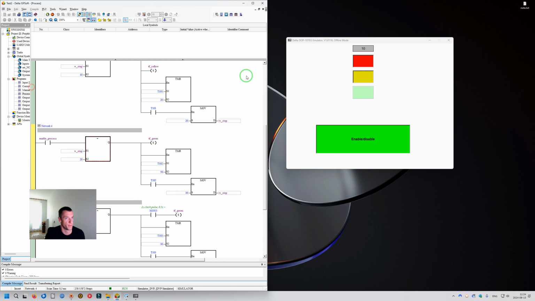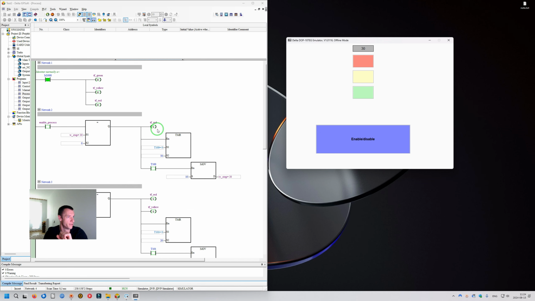I need more space. Green. Green blinking. Yellow and red again. 5 seconds. Red and yellow. Green. And once we press the disable bit, everything is disabled,